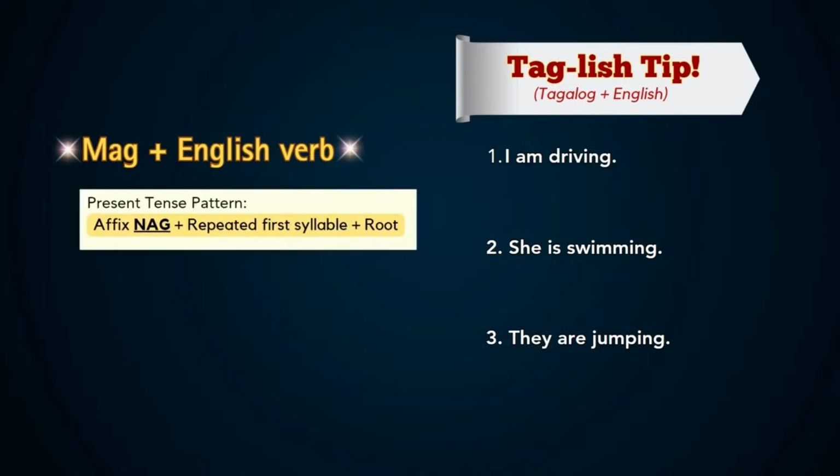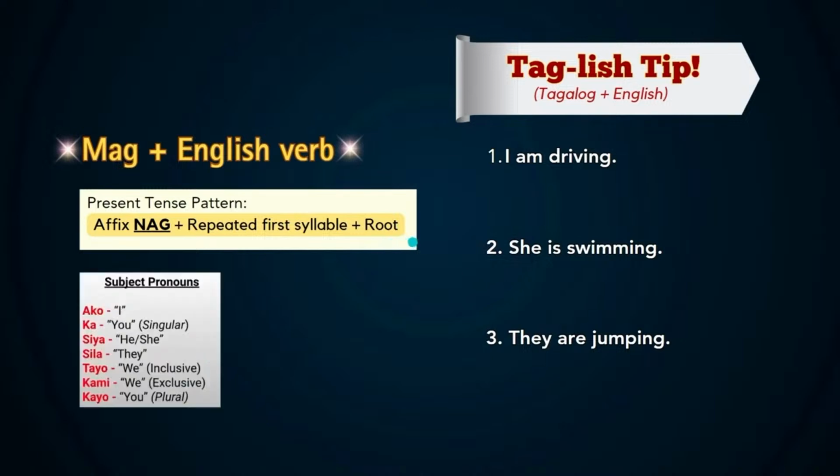And then you could just conjugate it in the present tense using the pattern we learned. Affix is nag, then there's the repeated first syllable and then the root. And then use the subject pronouns like we learned. So what if for number 1, I said, I am driving, and I told you to use the verb mag-drive. Now you could conjugate it as